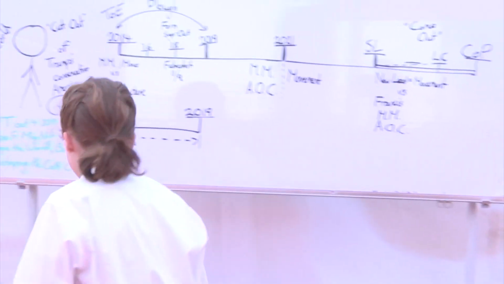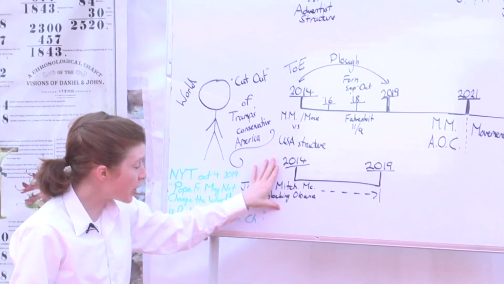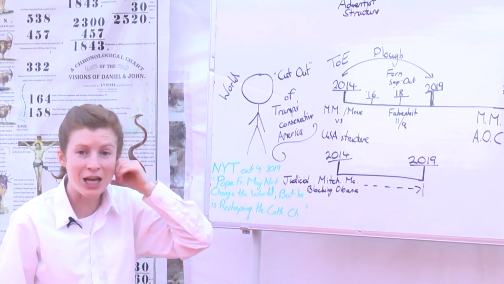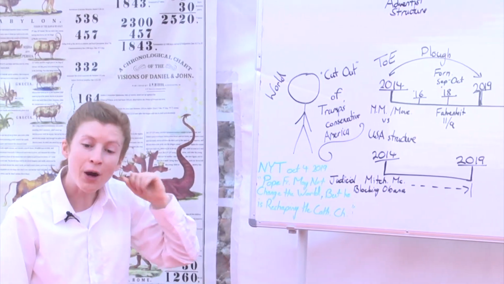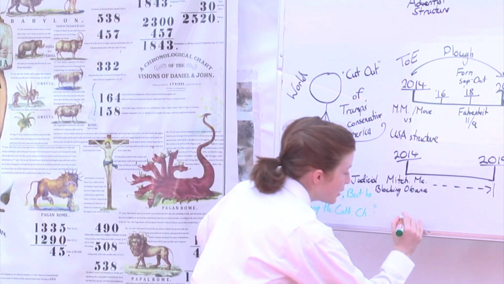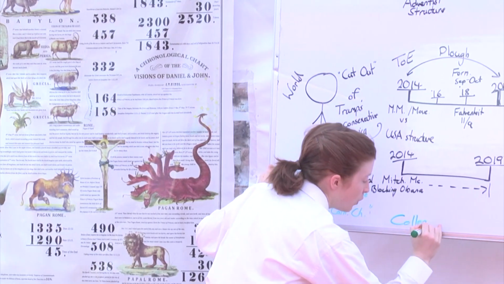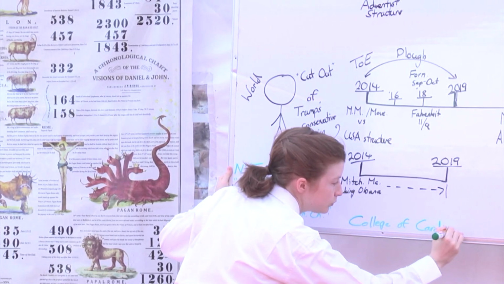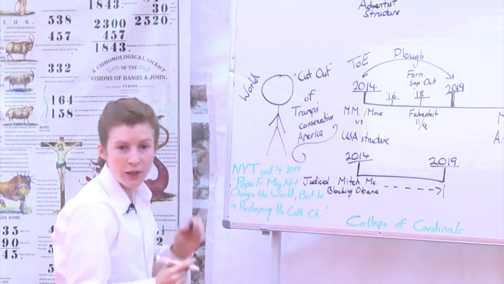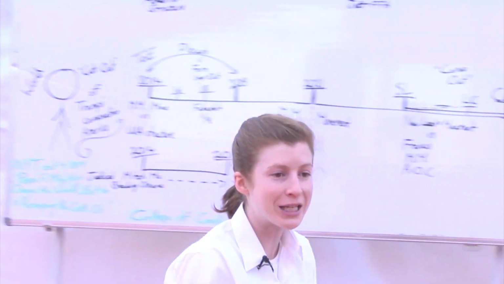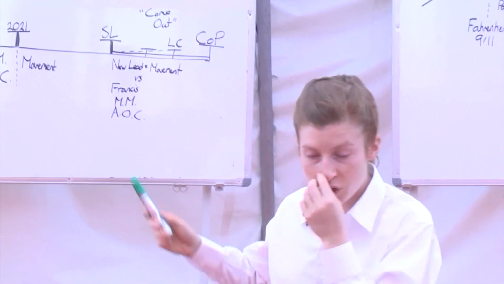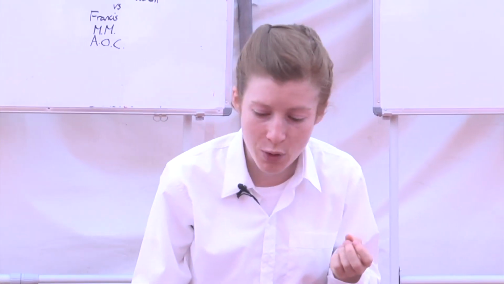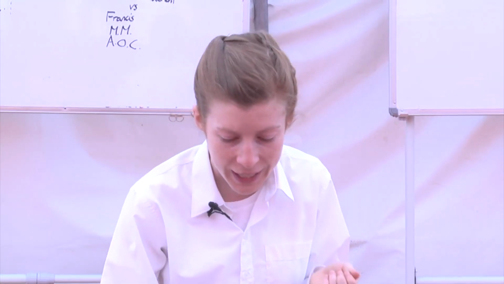I want to suggest here what Donald Trump needs to do is change the judiciary branch after his own image. What Pope Francis needs to change is the College of Cardinals. What's the job function of the College of Cardinals? One of them. Pope Francis dies, who picks the next pope? The College of Cardinals. The longer it lasts, the more there will be cardinals in the spirit of Pope Francis,